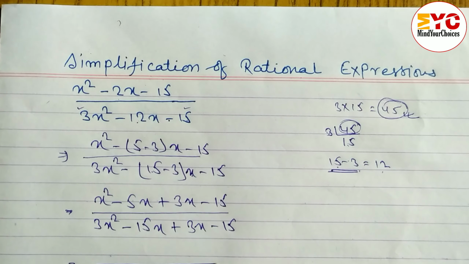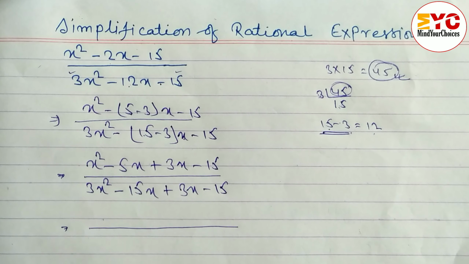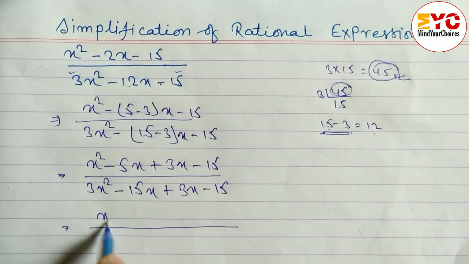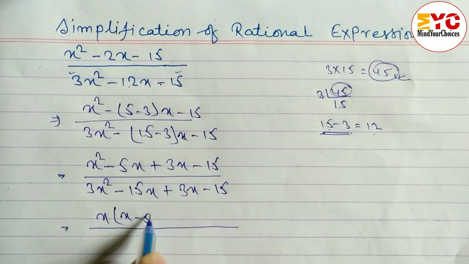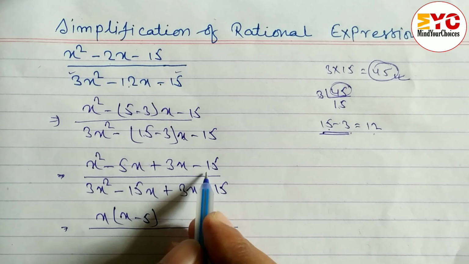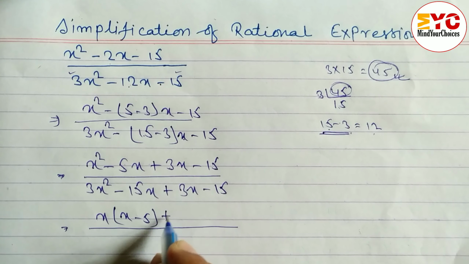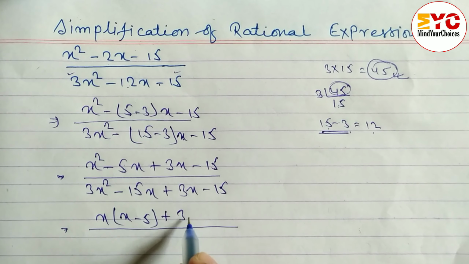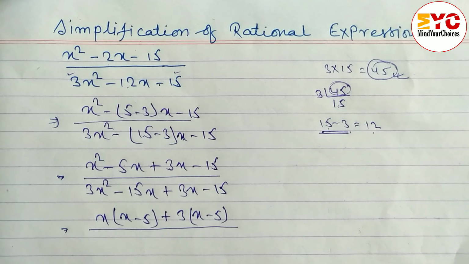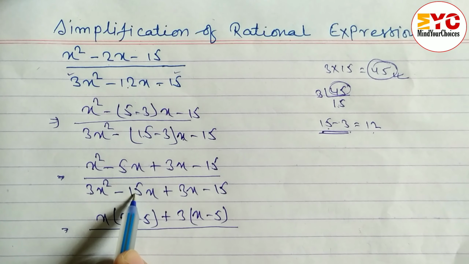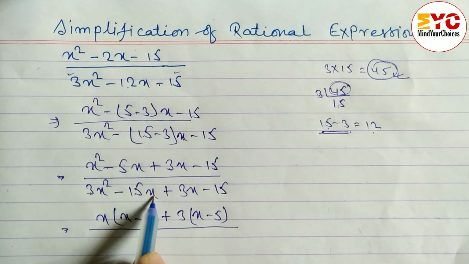After that, if you don't know how to take common, look here. From x square minus 5x, here is x square, here is x, so we can take x common, remaining x minus 5. Similarly 3 and 15, both come in the table of 3. In the previous video I taught the complete concept of factorization as well as taking common. So here 3 is common and remaining x minus 5. Similarly, you can see here 3 and 15, the common is 3, we can take it. From x square, x is common, we can take it.